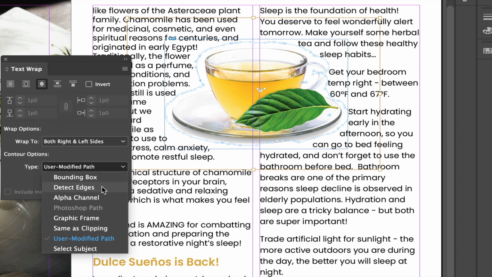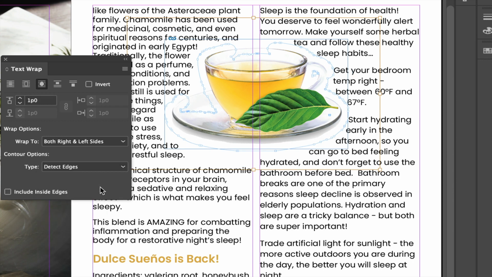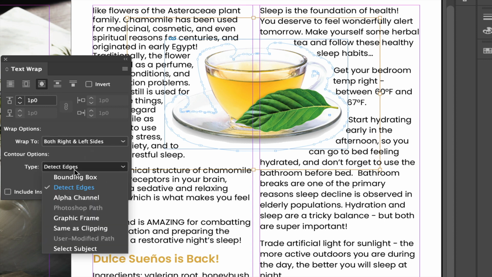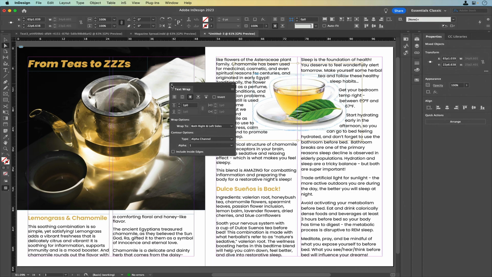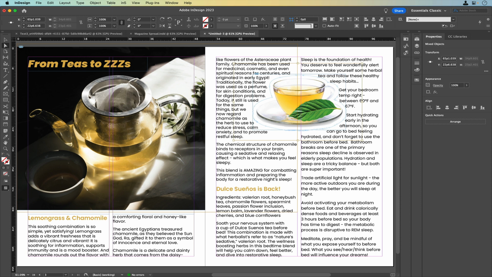There's some other options. You can see if it can detect the edges. It does an okay job. It looks like there's a few issues with some of it, but you can just see which option works the best for your content. And let me just actually jump over to Photoshop for just a minute